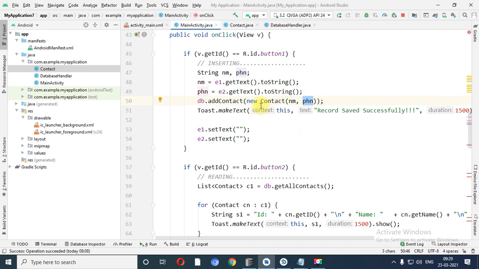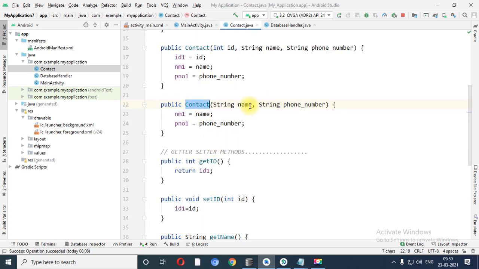But over here, new Contact, so Contact.java is called first with two arguments, name and phone number. So name contains Radha and phone number contains 9898, right? Radha is stored inside nm1 and the phone number 989898 will be stored in the phone number PNO1.